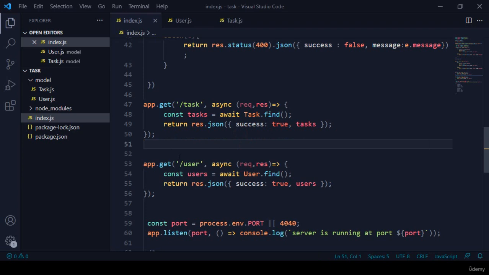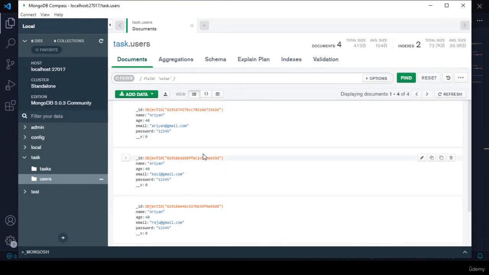In our next video, I want to get specific user data, or specific task data. Like here there is one specific user. If you want to get that specific ID data for the user, or some specific data for the task, how can you do that? In our next video, I will